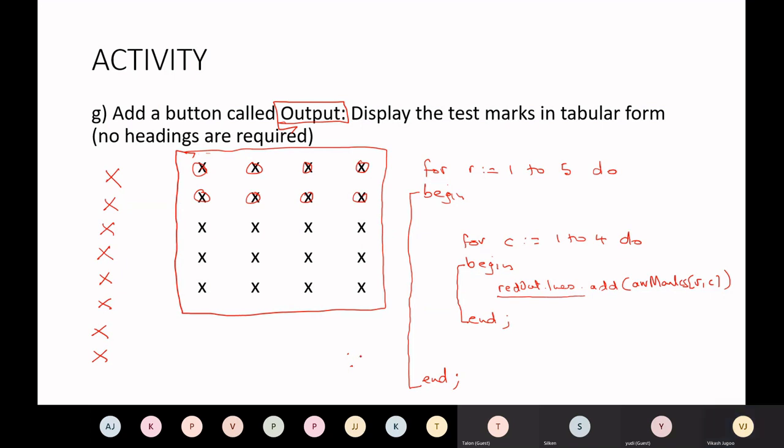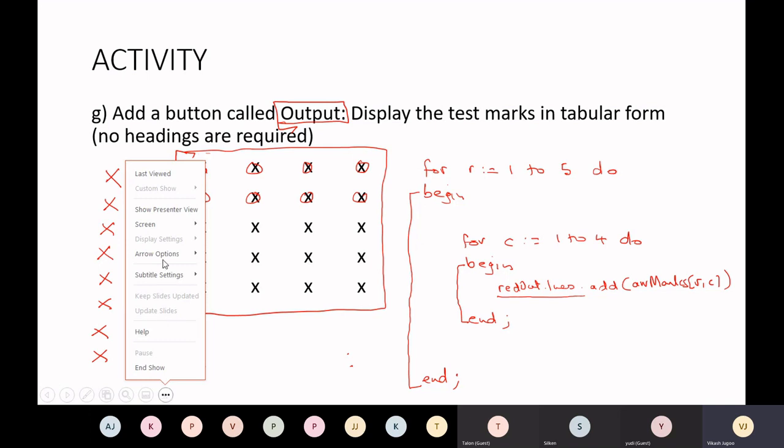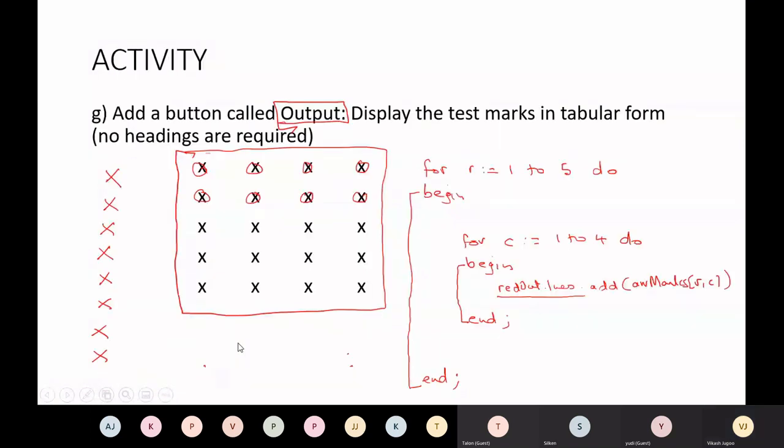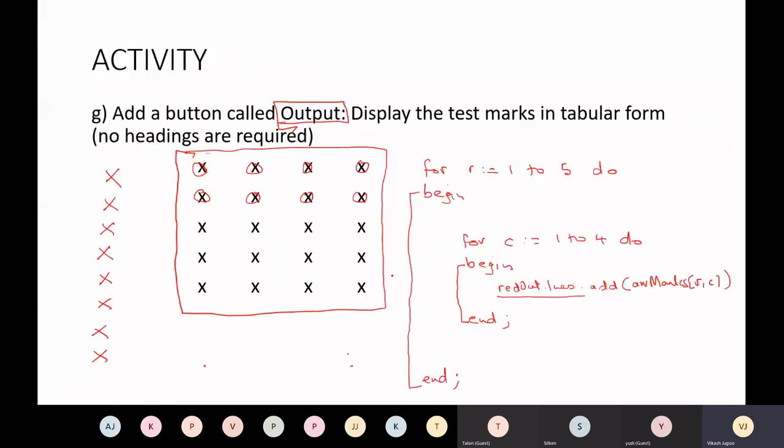Okay. I'm trying to figure out how I can erase this. Where's my eraser? Okay, I'm not seeing the eraser here. Okay, so anyway, the point is that